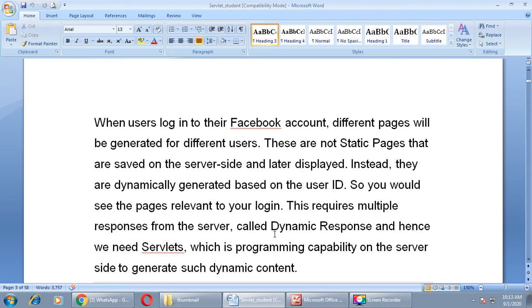For different user IDs, the Facebook page will be different for everyone, right? Those pages will be stored at the server side. So you would see the pages relevant to your login. This requires multiple responses from the server, called dynamic response, right? And hence we need servlets, which is programming capability on the server side to generate such dynamic content.